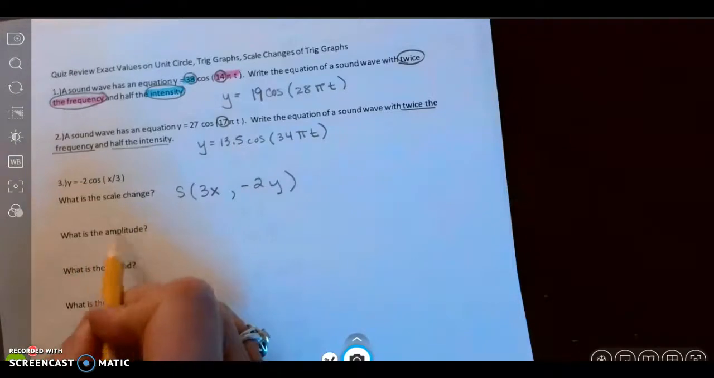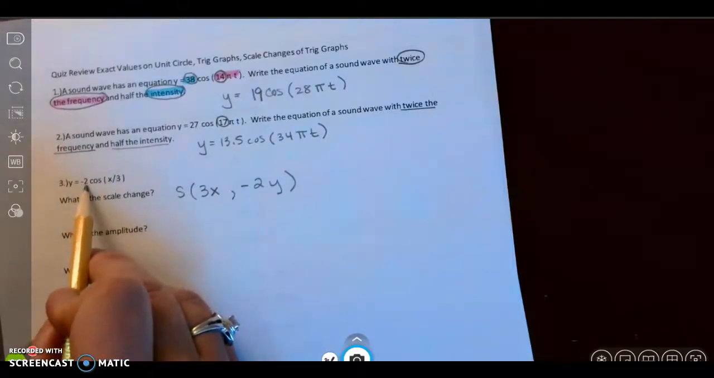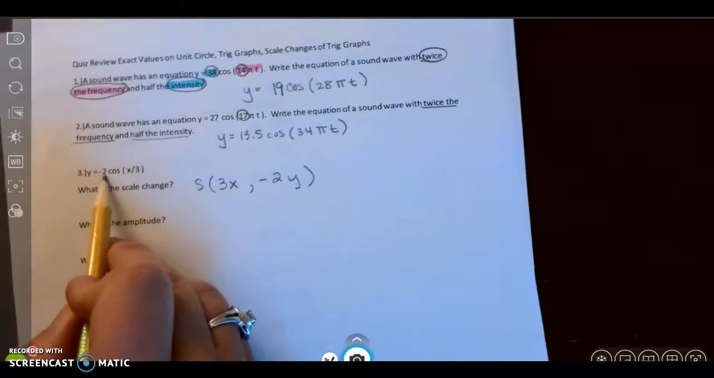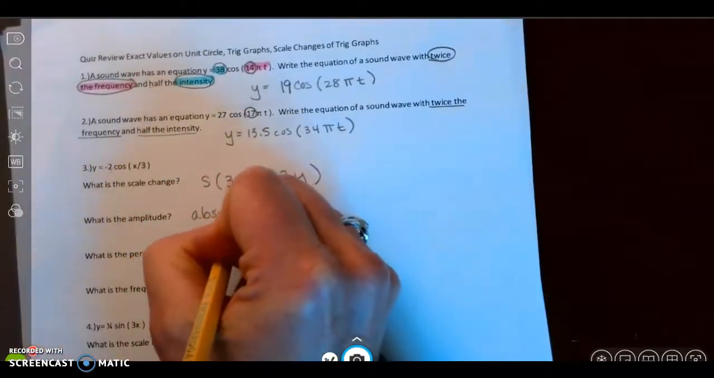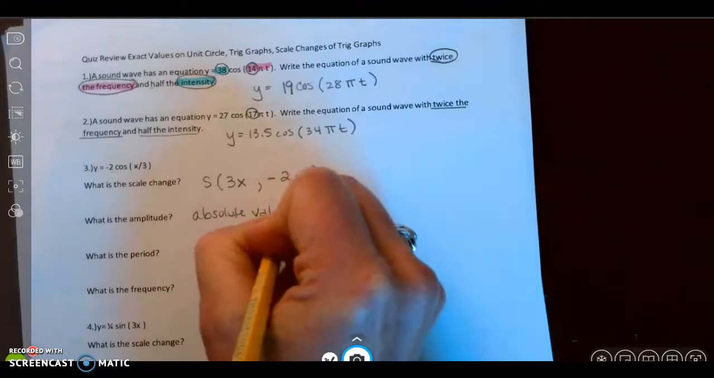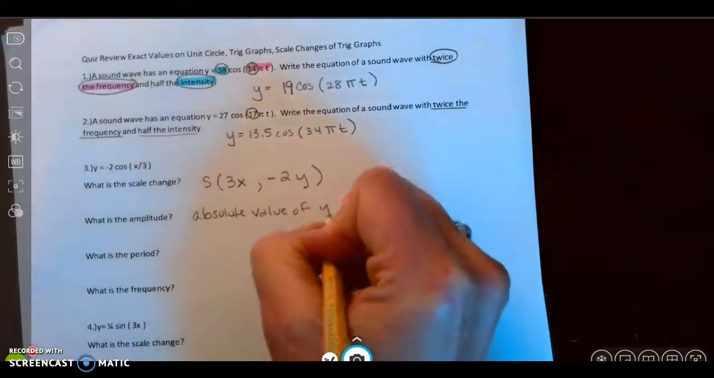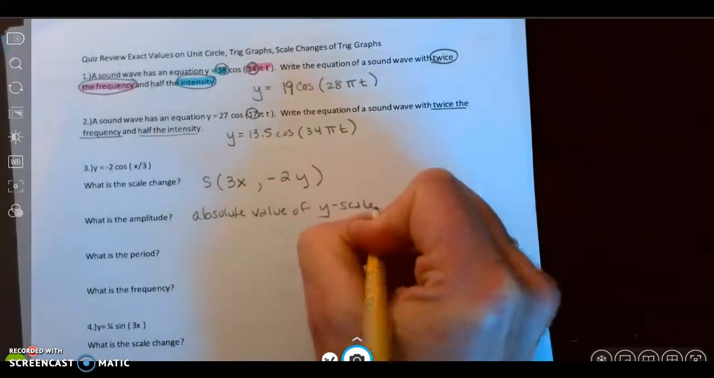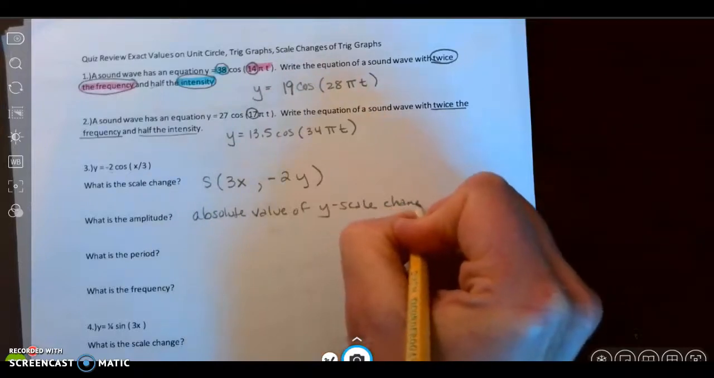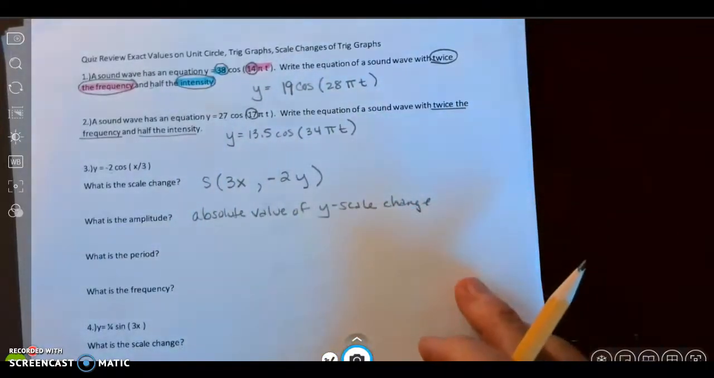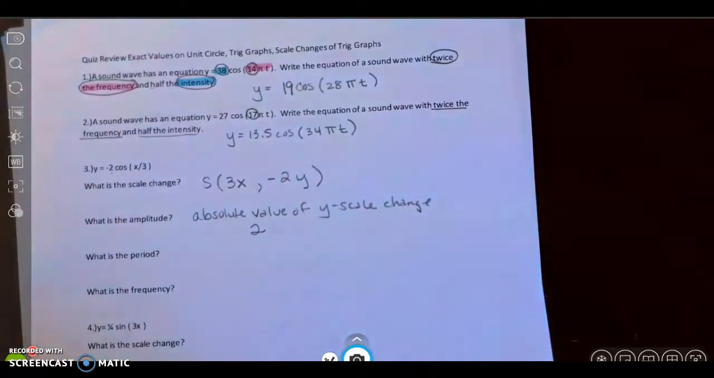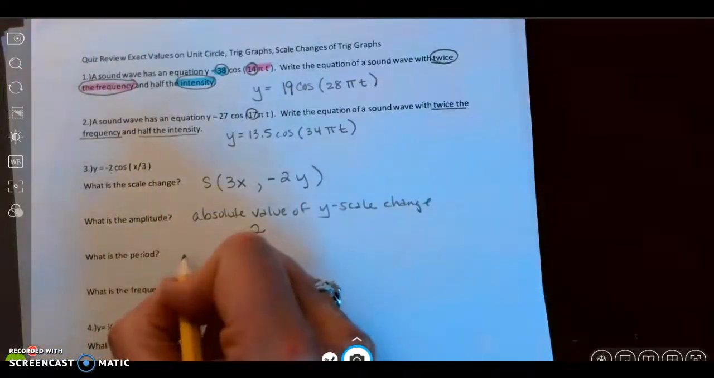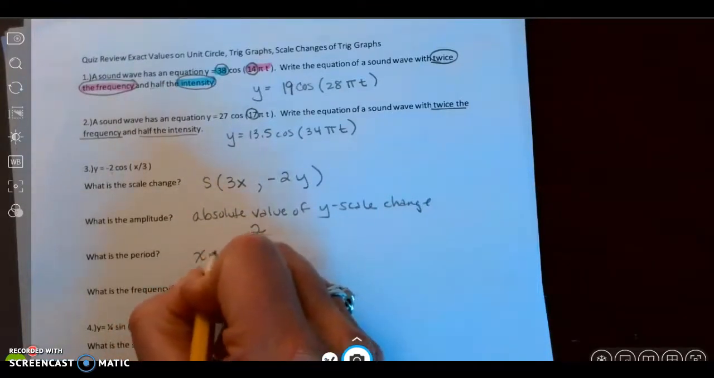What is the amplitude? Remember, this number here tells us the amplitude, but it's the absolute value of the y scale change. You might want to write that down as a reminder, because amplitude tells us how high and low it goes, and a distance is always positive, so the amplitude is 2. The period is always the x scale change